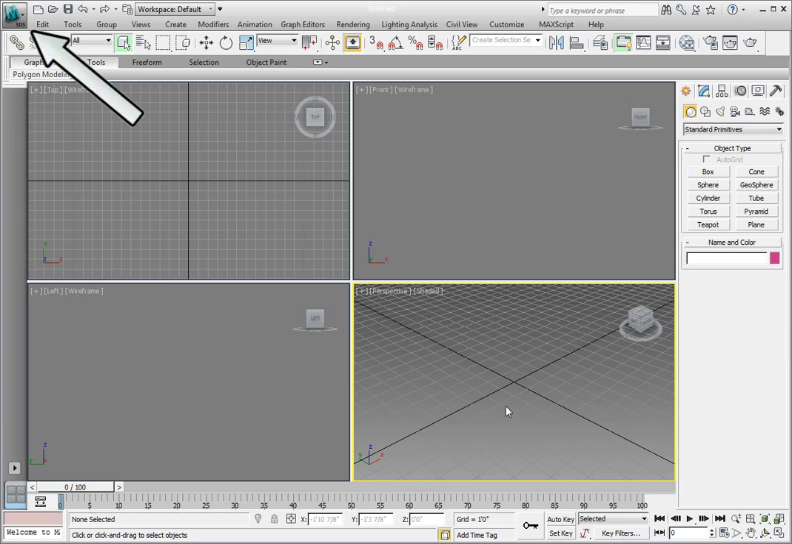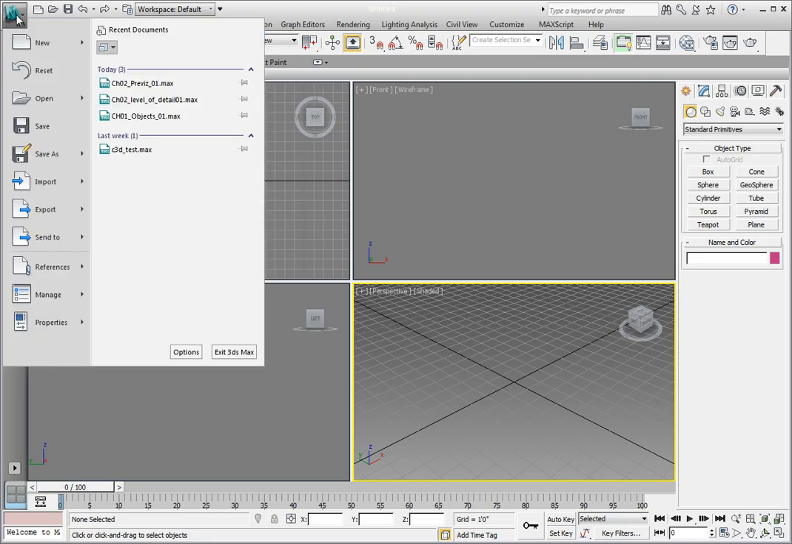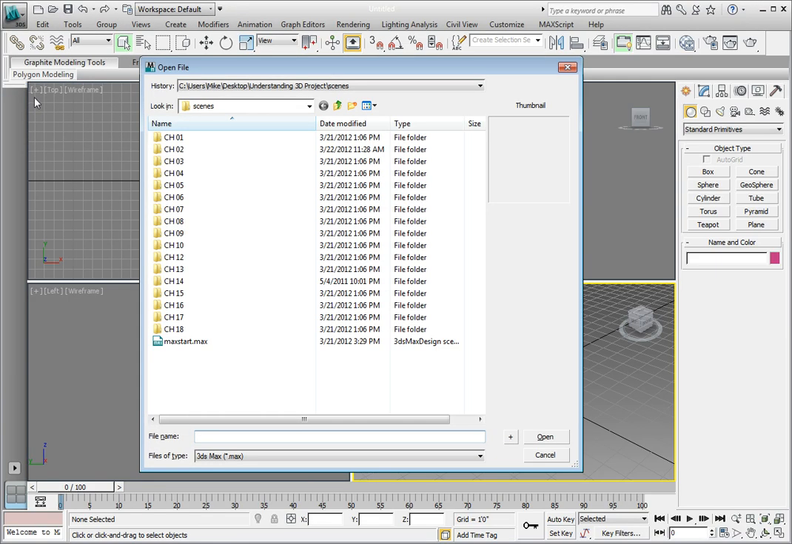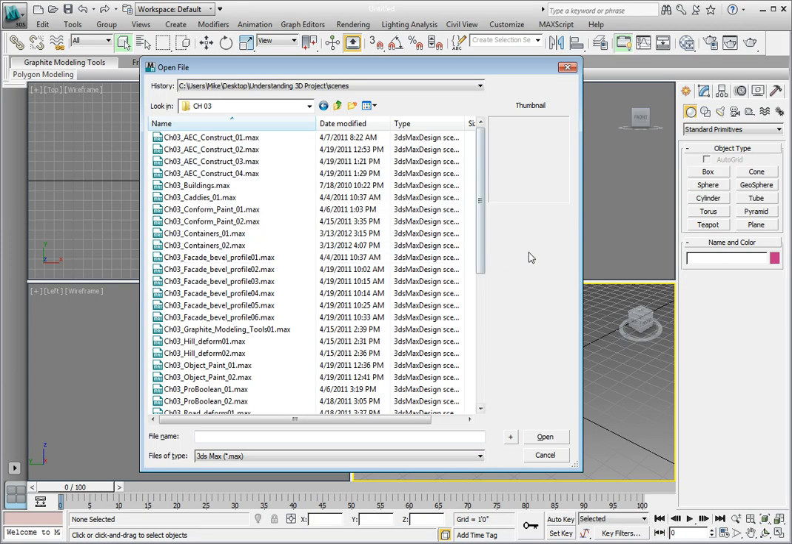Click on the Application button in the upper left corner. Click Open in the drop-down menu. Navigate to the Chapter 3 directory inside the Scenes folder. Remember, we set up our project directory. Now whenever we go to load a scene file, it will take us into the Scenes directory of the Understanding